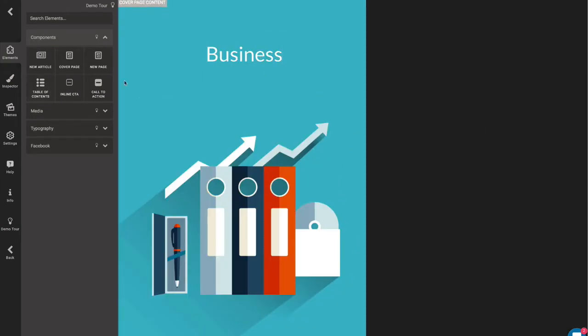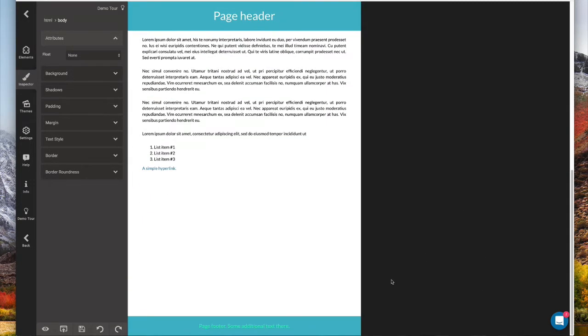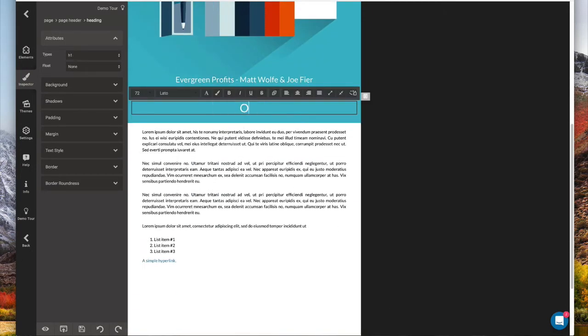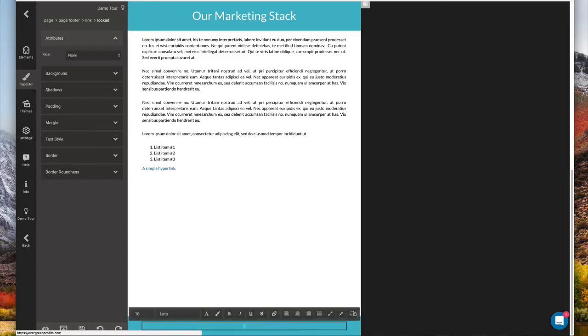And now it's going to open up this simple PDF designer here. And let's go ahead and rename this to say our marketing stack, Evergreen Profits. And then I always like to sign our names on it too, like so. And then you can see I've got a blank PDF here. And then let's go ahead and change this header of the second page, our marketing stack. And then I could go ahead and edit this text, page footer, some additional text here. You can see it already links to evergreenprofits.com, but I'm just going to change the text to say